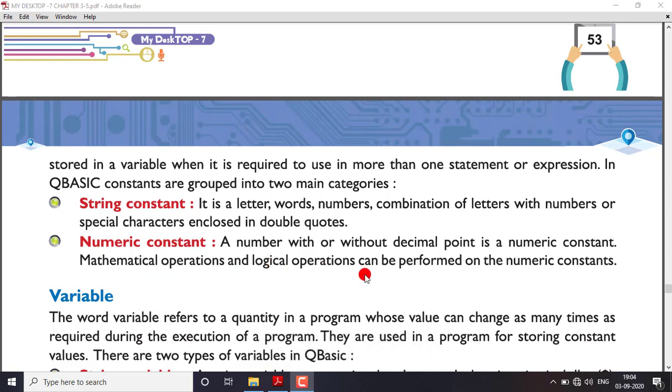Mathematical operations and logical operations can be performed on these numeric constants. So if you are using any number without decimal point, that is called your numeric constant, and you can do any mathematical or logical operation, means you can do plus, minus, multiply, divide or greater than, smaller than, everything on these things. Okay.